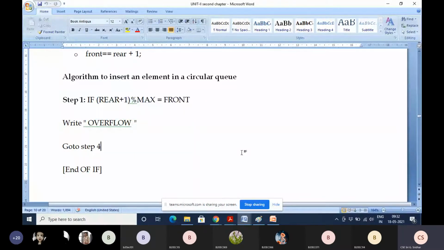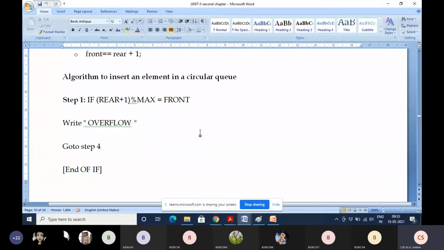This is about when you want to insert an element into the circular queue. First of all, we have to check the overflow condition, whether the circular queue is filled or not. We discussed this already with an example. If (rear + 1) mod size is equal to front, then we say the circular queue is full.